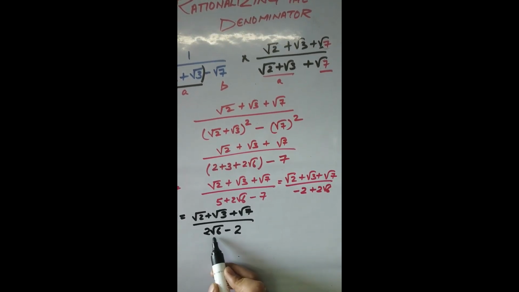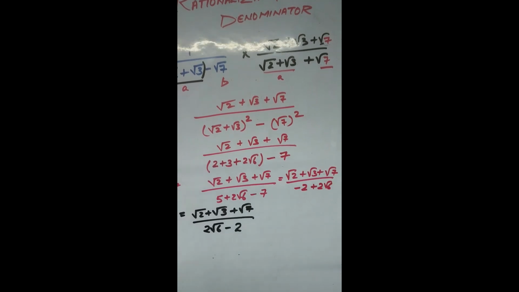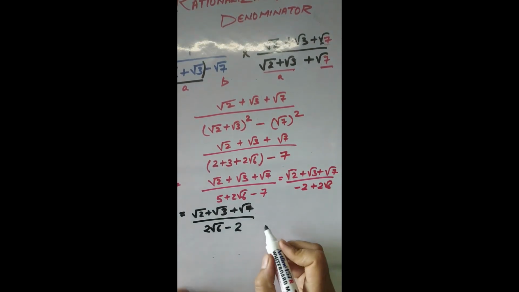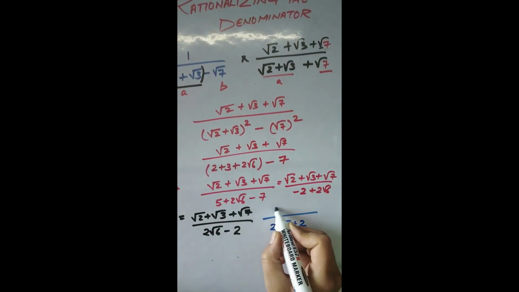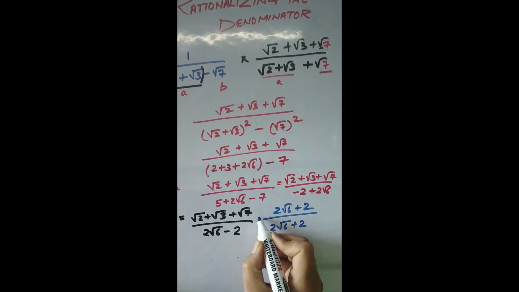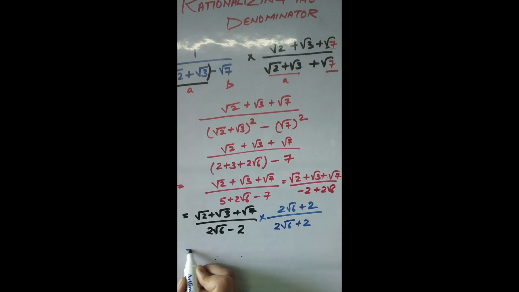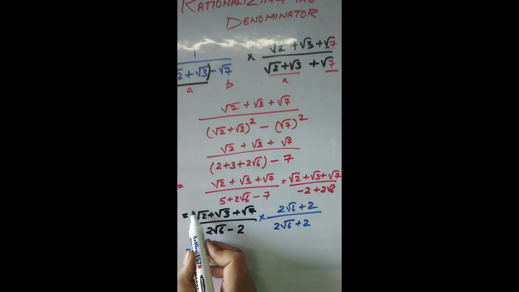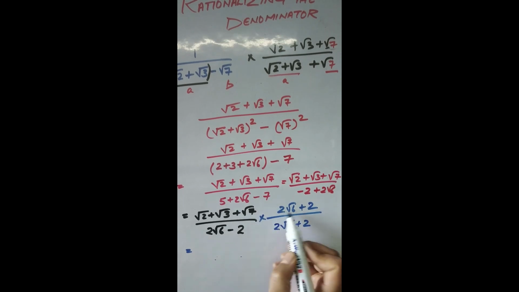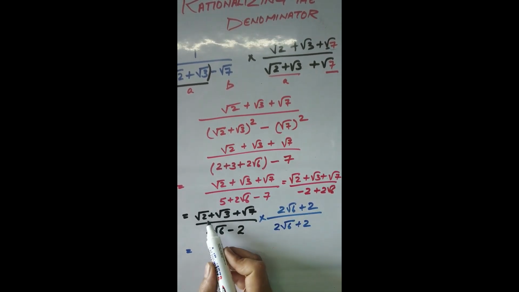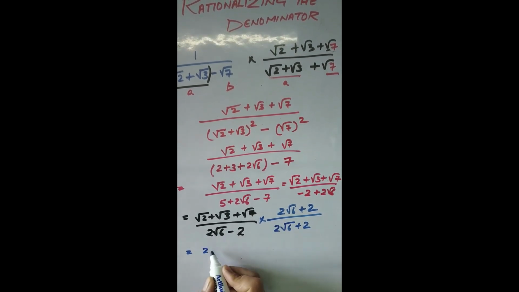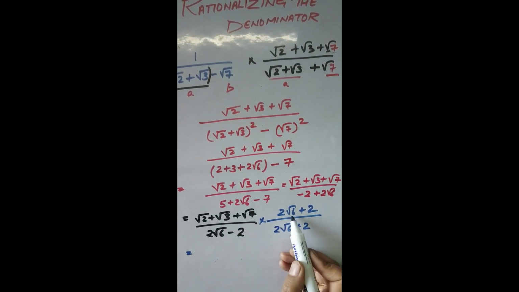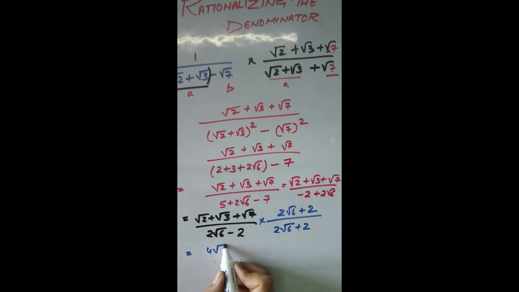So what is here? It's 2 root 6 minus 2. To rationalize it, we have to multiply it with A plus B. So this is 2 root 6 plus 2 over 2 root 6 plus 2, this is our rationalizing factor. So if you'll do it, see, this is a sort of trinomial expression and binomial, and you know very well how to multiply trinomial into binomial. Okay, root 2 into 2 root 6, I'm just writing the final answer, is gonna be 4 root 3.